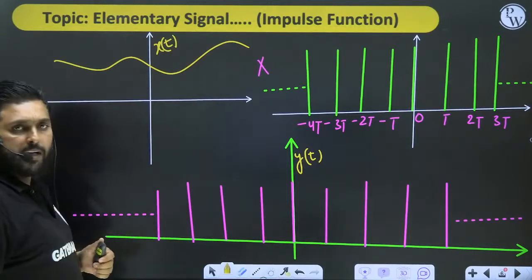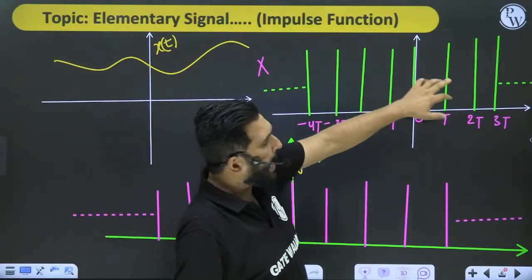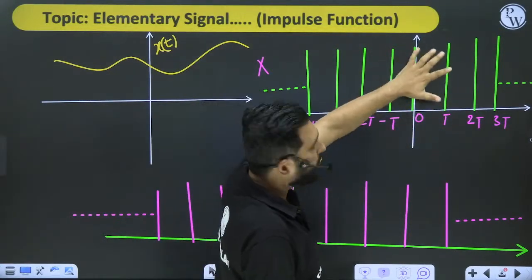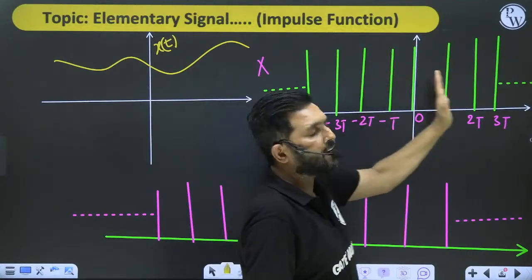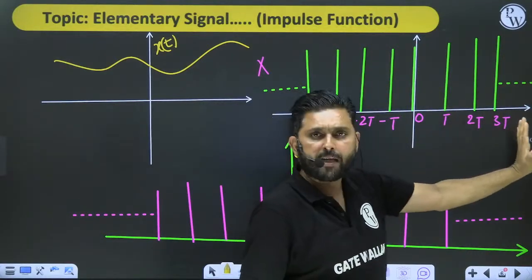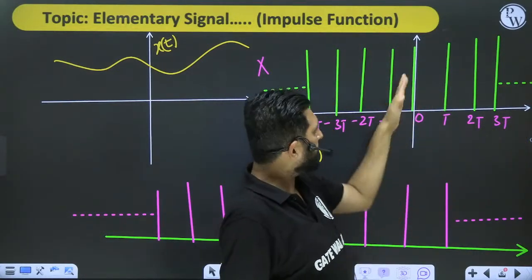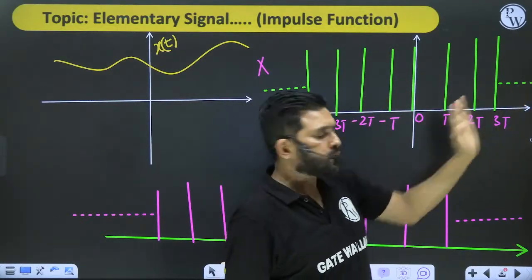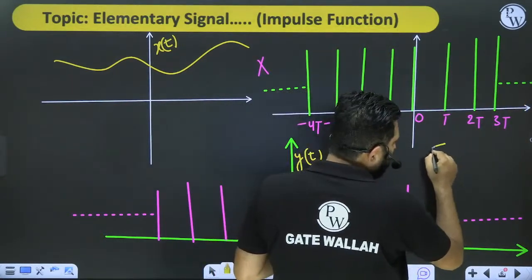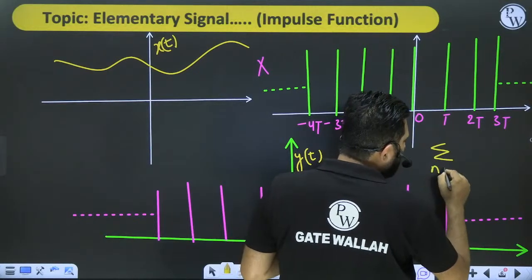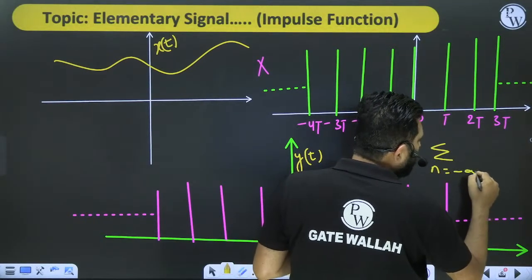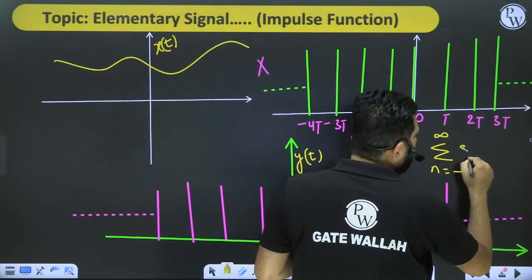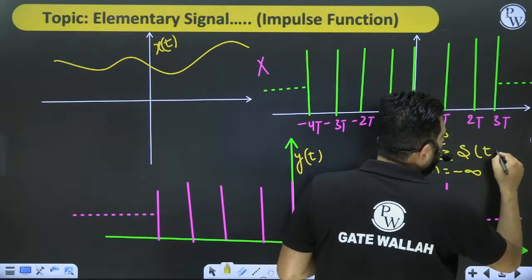This is x of t. So don't you think that I can write this function? This is the train of impulses, present at every t. Okay, this is the train of impulses present at each and every t. So can't I write summation n equal to minus infinity to infinity delta of t minus nT,